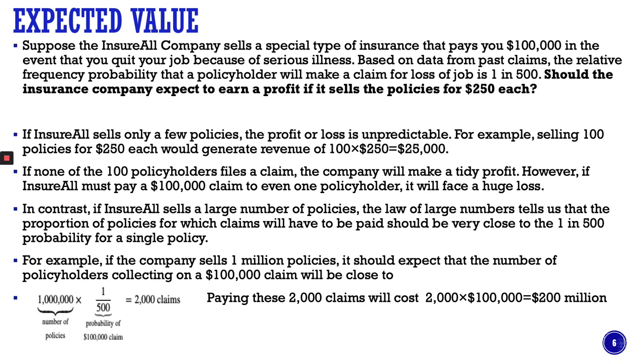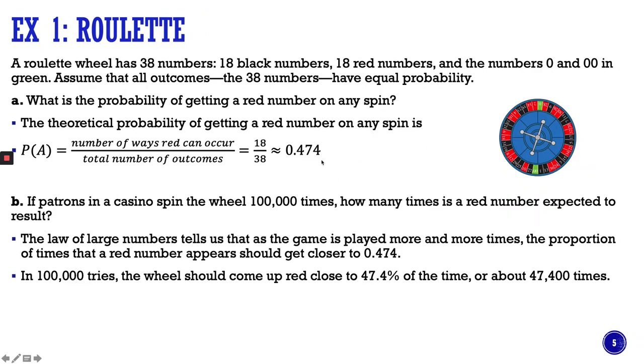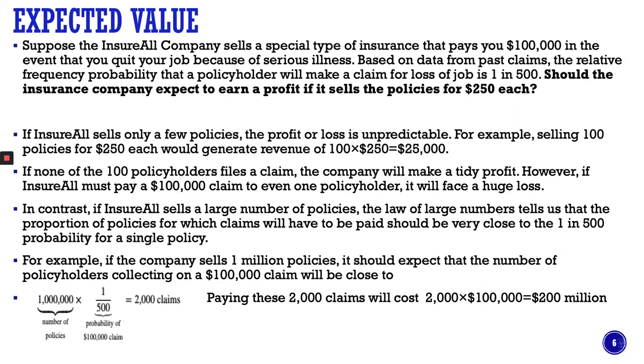If none of the 100 policyholders files a claim, the company will make a tidy profit. However, if InsureAll must pay a $100,000 claim to even one policyholder, it will face a huge loss, because if they have to pay $100,000 to one and they only collected $25,000, then they're losing $75,000. In contrast, if InsureAll sells a large number of policies, the law of large numbers tells us that the proportion